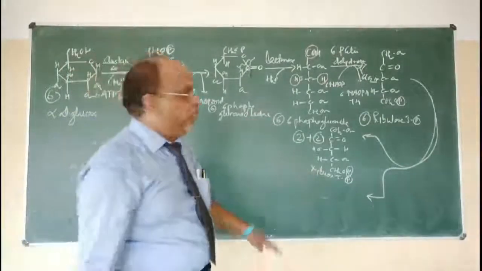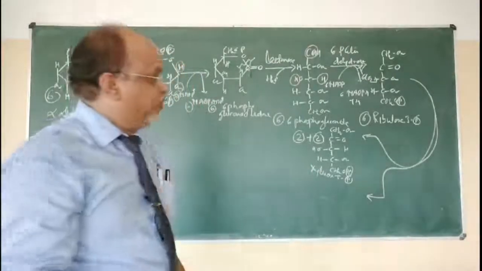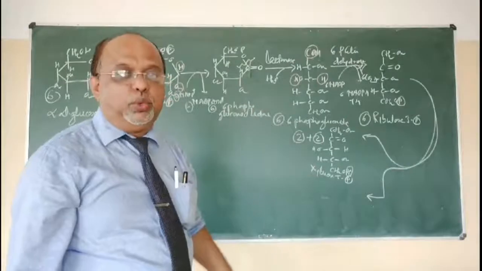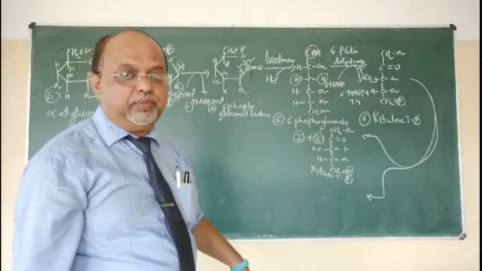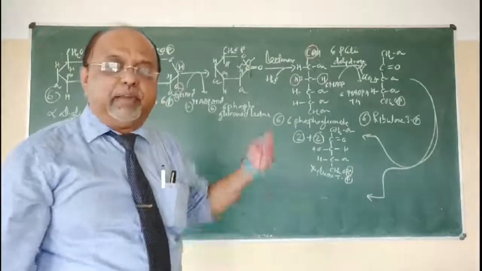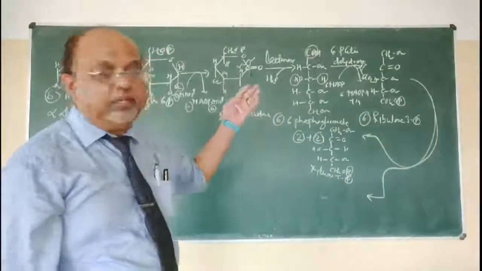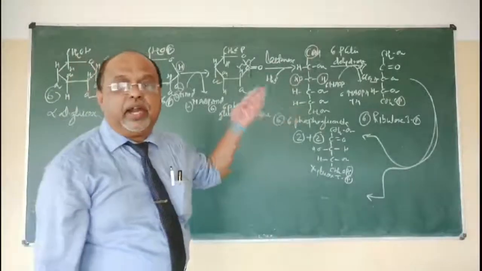For our convenience, I have shown 2 plus 2. Later you will come to know why I have written like this. And the remaining 2 are isomerized. Which is the isomer of ribulose? That is ribose. Ribulose is the ketonic sugar, and ribose is